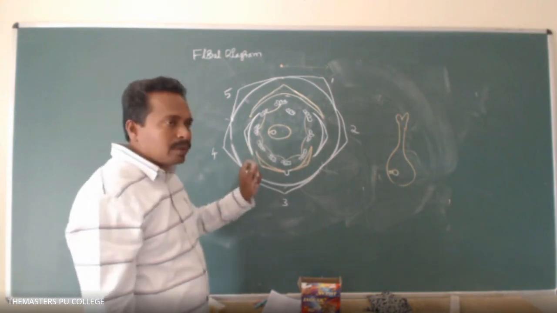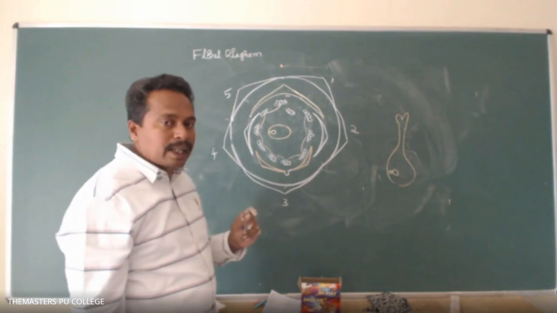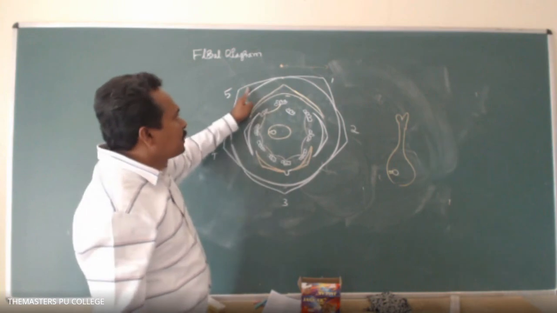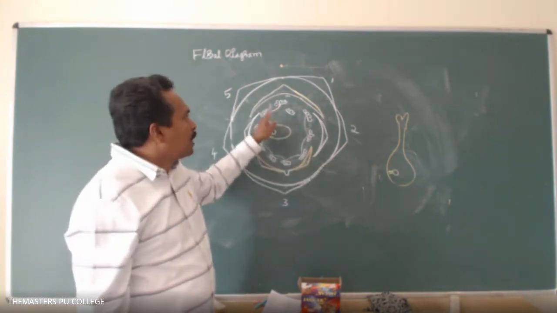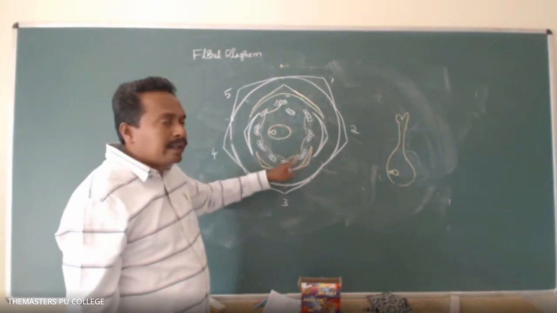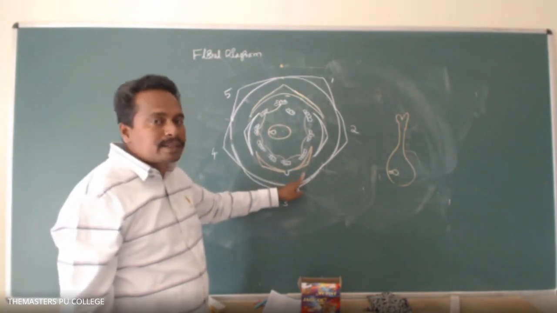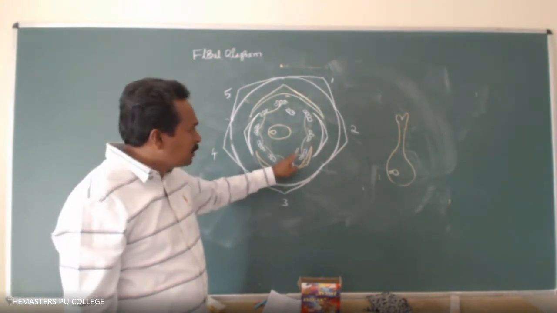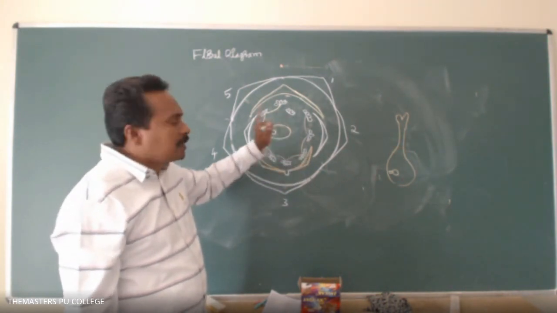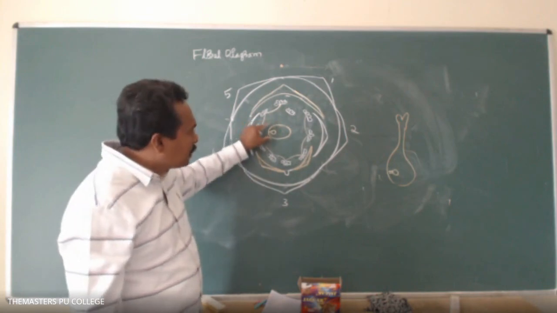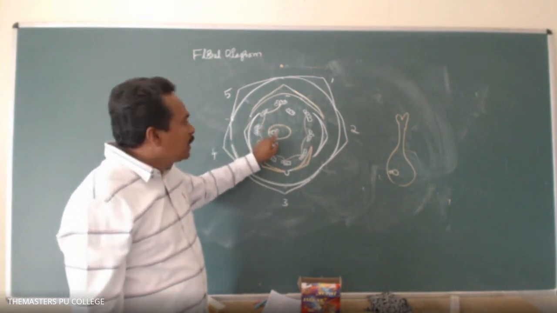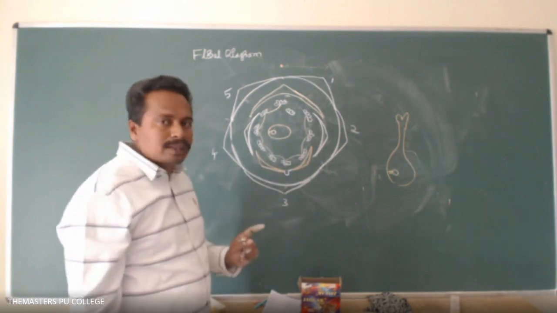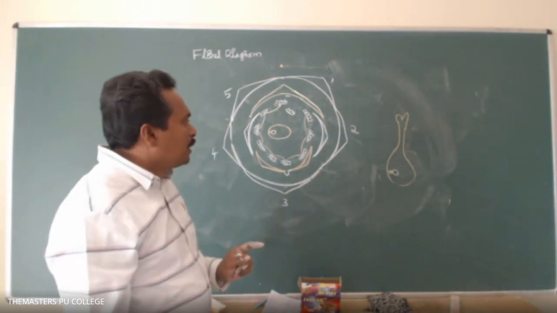It's a floral diagram of Pisum sativum of the Fabaceae family. The five sepals are there with valvate estivation, five petals are there. Petals exhibit papilionaceous vexillary estivation. In the androecium, ten stamens are there. Among the ten stamens, nine are fused to form one bundle, and the remaining one is free. The gynoecium consists of one carpel, monocarpellary, and ovules are attached with marginal placentation. Okay, it's clear.